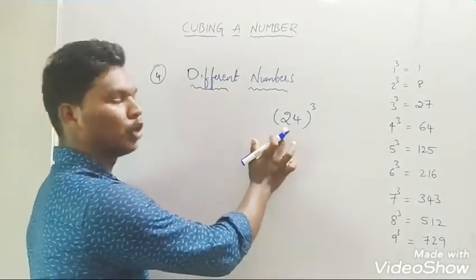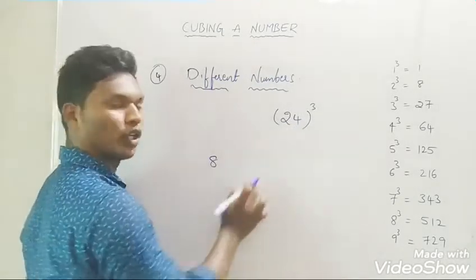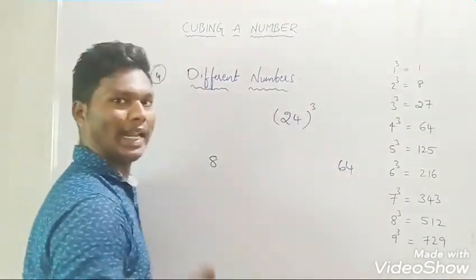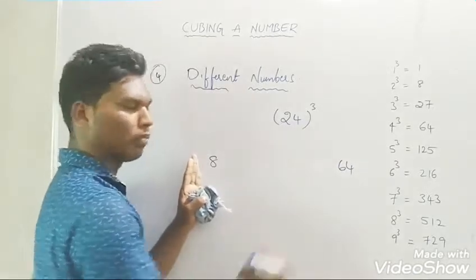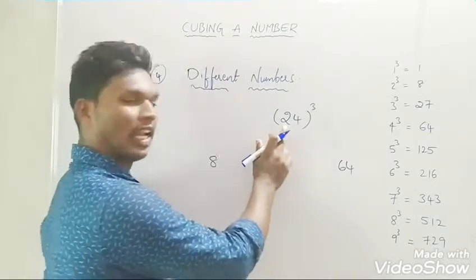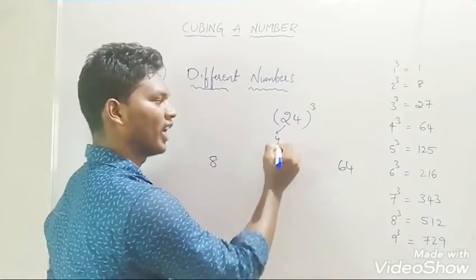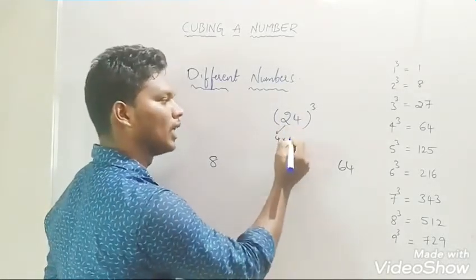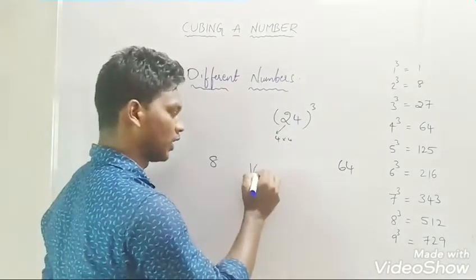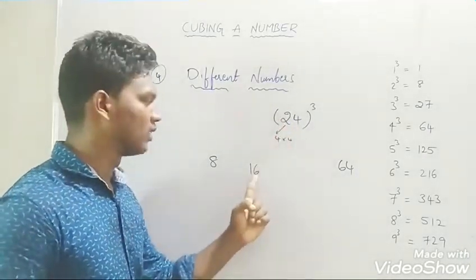So write the cube of 2 and 4 individually. So 2 cube is 8 and 4 cube is 64. Already you know 2 cube means 8 and 4 cube means 64. Write them at the two ends. So one side is 2 cube and another side is 4 cube. Okay friends, once you have done this, what is the value of 2 square? 4. Listen friends, the value of 2 square is 4, and multiply with the other number. Here we have 4. So 4 into 4 will be 16. Understood friends? So 2 square is 4, and this 4 into 4 will be 16.